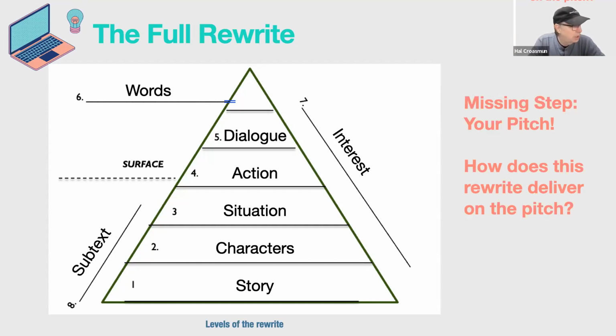Now, if what you'd like to do is to, at some point, be doing well in contests, a finalist, a winner, or any of those kinds of things, if you would like to ever get an agent or a manager, or if you want to end up having movies made, I would recommend that you take a much, much stronger rewrite process that is specifically focused on all of those things. So that's what I'm going to talk to you about now.